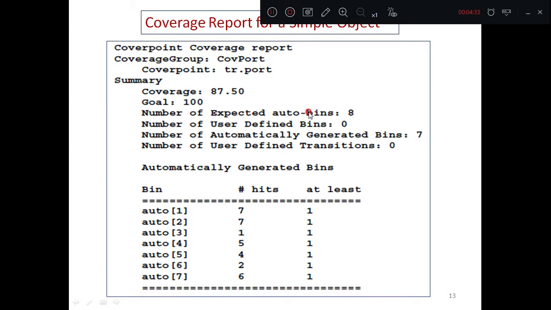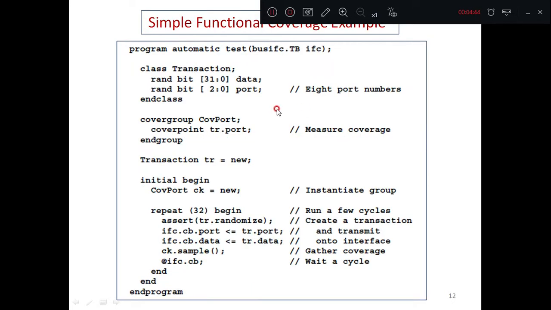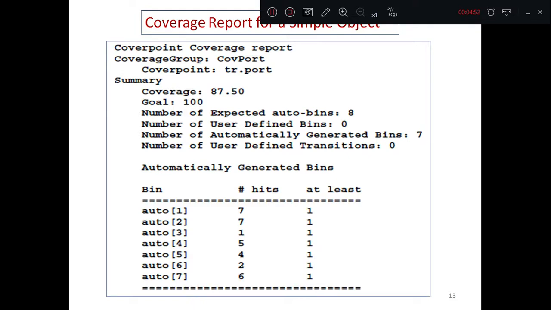The number of expected auto bins. Bin is a new word here. What is a bin? A bin is something where you can collect the coverage information. And how many bins are to be present? This port is defined with 3 bits, and how many combinations will we have? We will have 8 combinations. Therefore, the number of expected auto bins is 8.